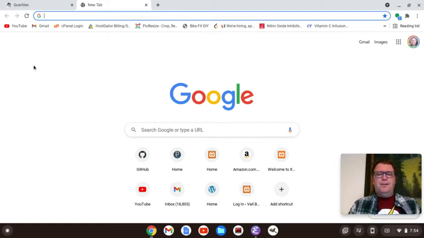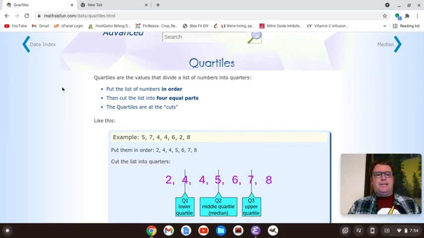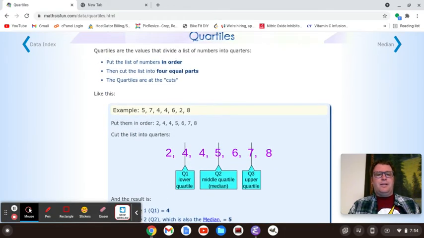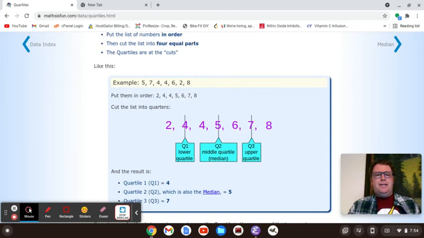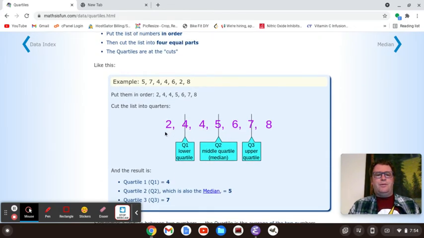Normally I might pull up a draw island and show you something about quartiles, but I want to show you a website that I referred to quite often when I was a math teacher, and that is Math Is Fun. They have an example of finding the quartiles. You'll see here we have a small data set, and we have quartile 1, which is the lower quartile,